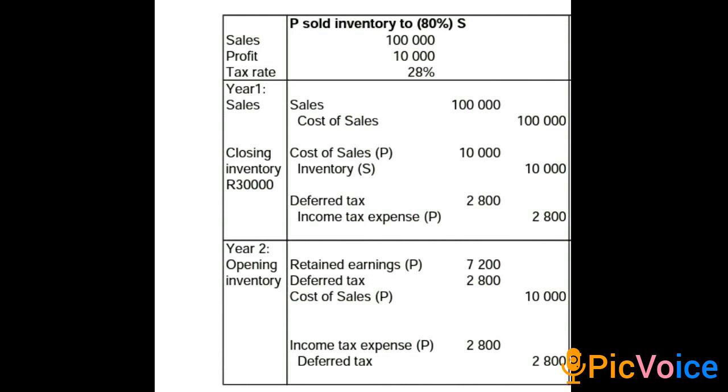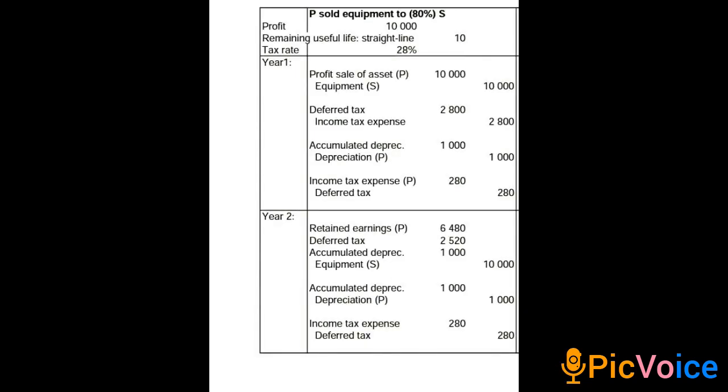Now, with the intragroup transaction where we have an item of property, plant, and equipment, in the first year you eliminate the entire profit, right? So you will say profit from the disposal of an asset, debit it, and then you credit the asset. And then you have to do an entire deferred tax calculation based on that. So you will say debit deferred tax because we debited profit from the disposal, and then you credit income tax,